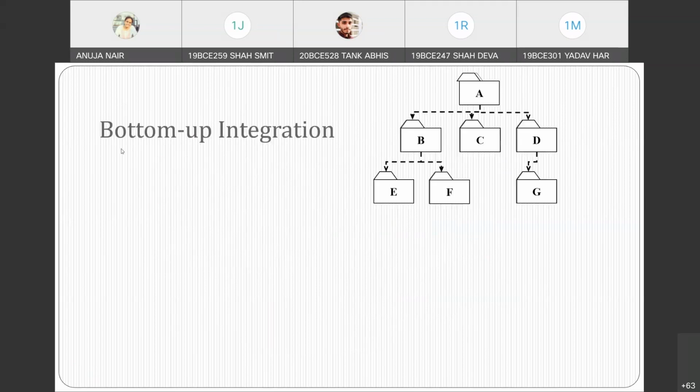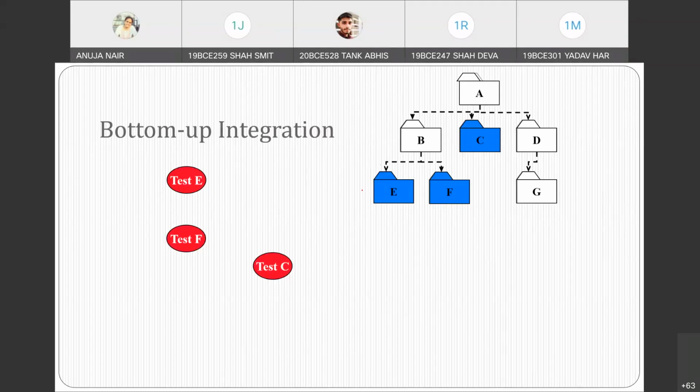So this is again the same example. Previously we did top-down. Now we are doing bottom-up. Now just see. So again check the layers. What is my layer 1? I have E. How many levels are there which are already created? So you have one E, then you have one F, then you have a C, right? C is also a leaf only. You just need to check the leaf nodes. So this is a leaf node, this is a leaf node, this is a leaf node, and this is a leaf node. So all leaf nodes will come together, right?